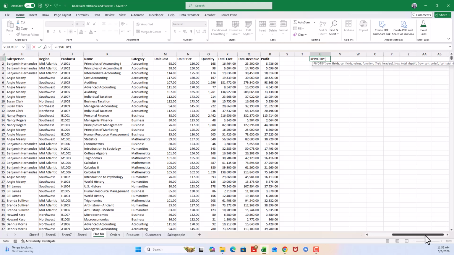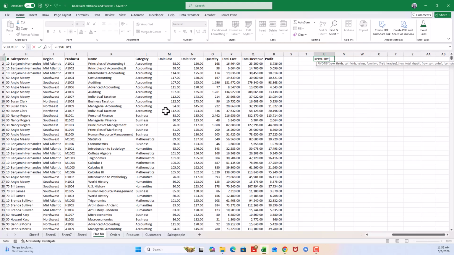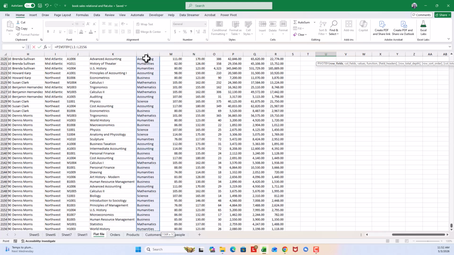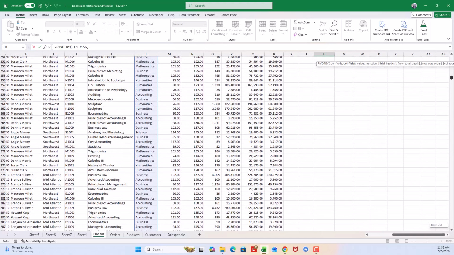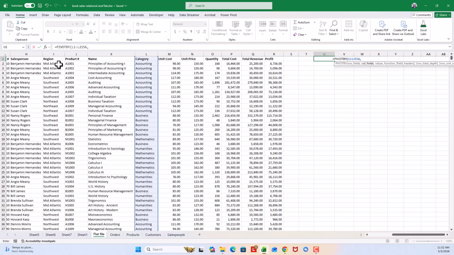So to create the same one, in the row fields I'm going to put the category, and I'm going to start from row 1. So I'm going to click L1 and then do my Control-Shift down, since this is a very, very long list. As you see, it goes down 2,156 rows. Then I'm going to type a comma. Now it's going to want those column fields. So if you remember, I put the region in the column. So I'm going to click on I1,